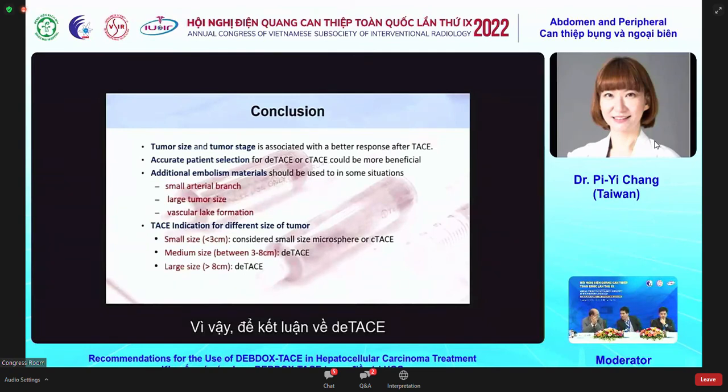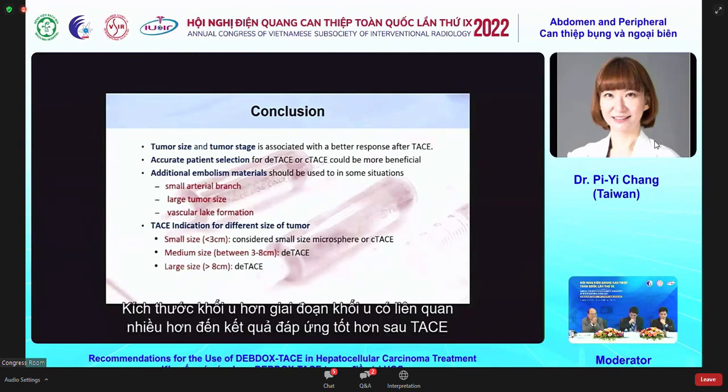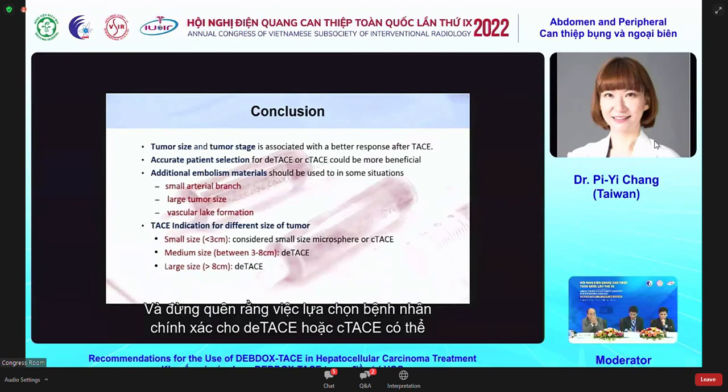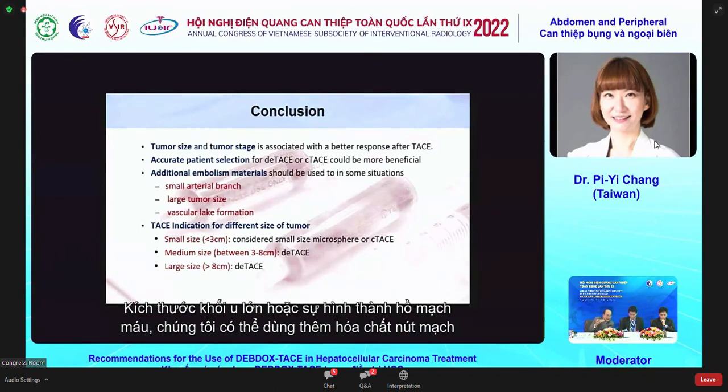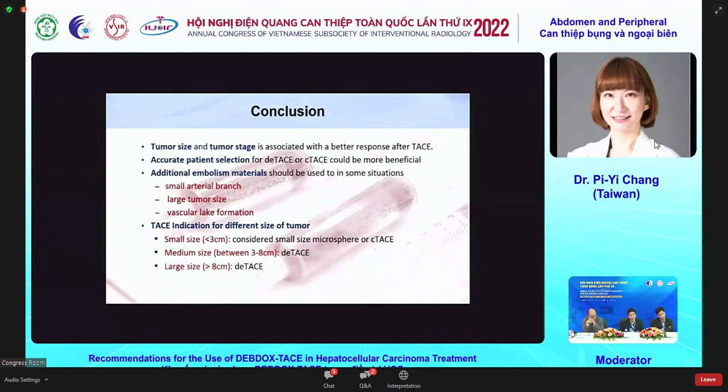So to conclude on DEBDOX-TACE, the tumor size and the tumor stage are associated with a better response after TACE. And don't forget that accurate patient selection for DEBDOX-TACE or C-TACE can be more beneficial. Sometimes in situations such as small arterial branch or large tumor size or vascular lake formation, we can add some embolization materials. And for TACE indication, for different sizes of tumor: